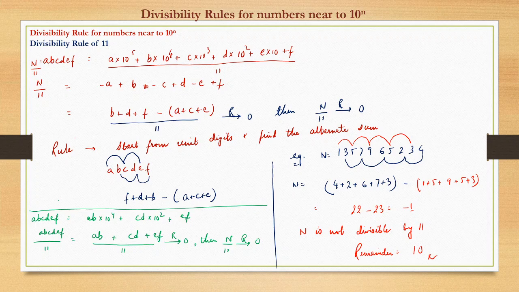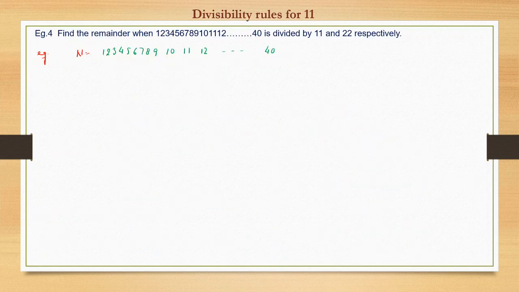So that we will see now again. What happens in case we are taking one at a time, then it will be alternate sum. If we are taking two at a time, then we will just make a pair from the right hand side and add the numbers two at a time. If the net addition is divisible by 11, then the whole number will be divisible by 11. So now we will use the same concept here.